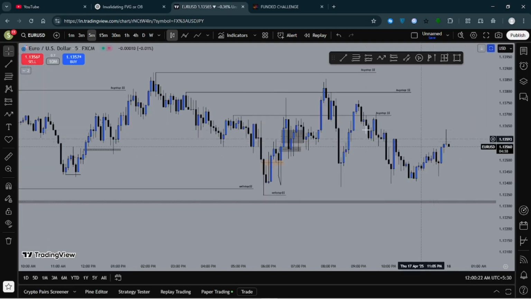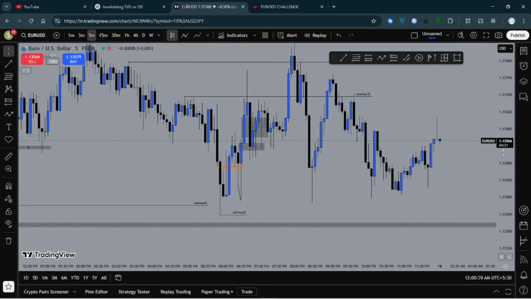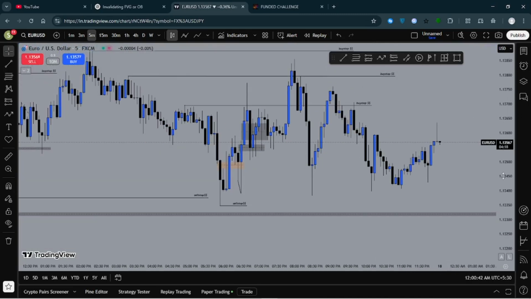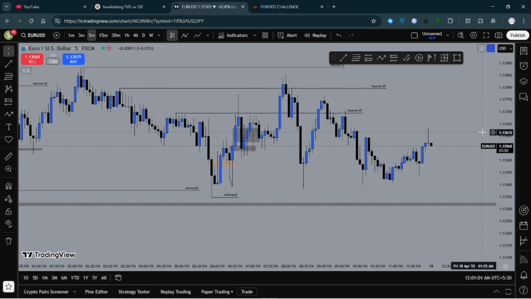Okay, so this kind of scenario will always happen, so you have to understand what are the things that need to be happening in order to confirm that bias of yours or that model of yours, and those checklists must be met. Then you have to place a trade. You have to go through plenty of confirmations, then you have to take the trade. Okay, so this was complete, like, I just didn't notice this.